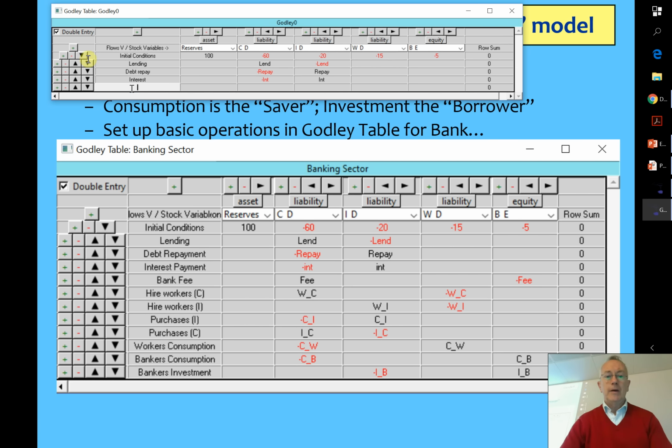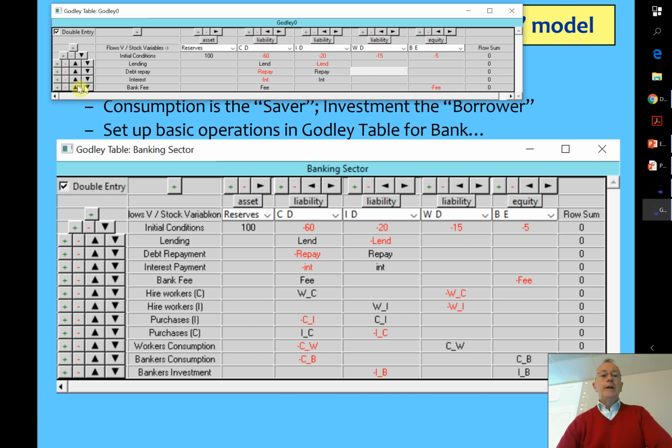Now let's say, what's the bank actually getting out of this? Well, the whole argument is the bank's being an intermediary. It's got to charge a fee. So I'm going to just pretend that in this case the fee is charged on the lender. You could make it more complicated, but it really doesn't make much of a difference. So type fee is the source of a payment which goes to the bank equity, and type minus fee over there. Okay, and then you've got the financial side of the economy covered.